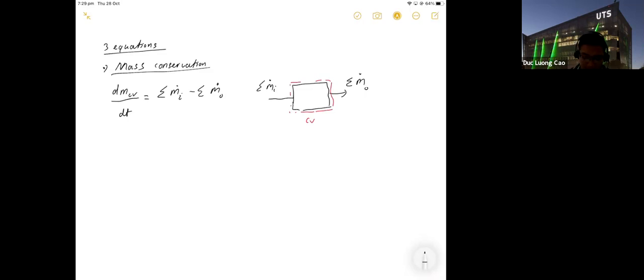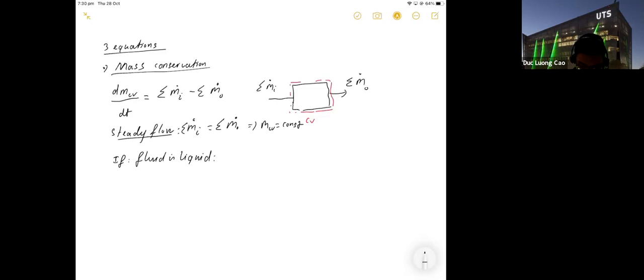Okay, and if you have steady flow, it means you have sigma mass in equal to sigma mass out. When you have this, it means the mass of the control volume is constant. In equal to out, so the mass of the control volume is constant. You have steady flow. Okay, and if the fluid is liquid,